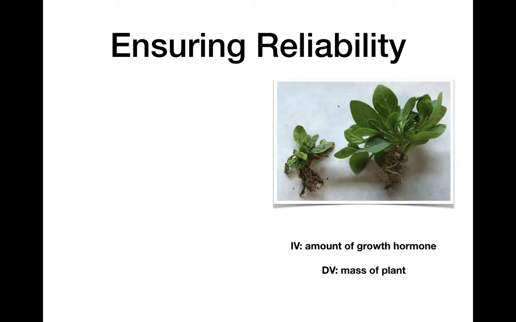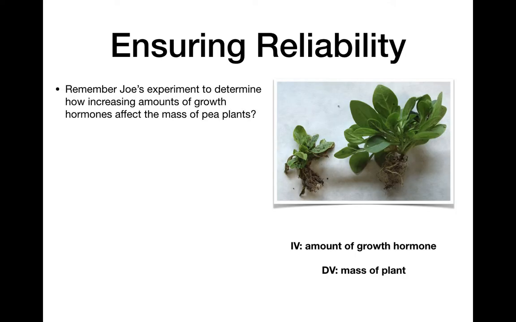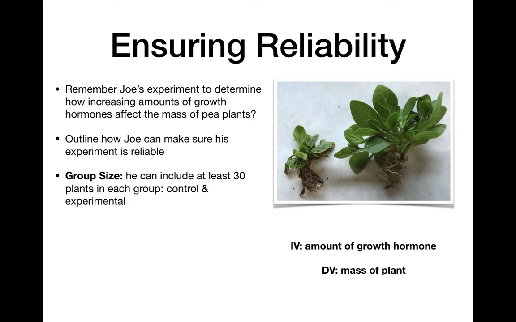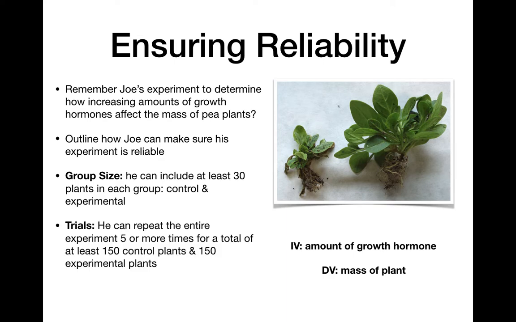So let's go back to Joe's experiment here. How could he make his experiment reliable? Well, first thing, group size. He included at least 30 plants in each group, 30 control plants and 30 experimental plants. He can repeat the entire experiment 5 or more times for a total of at least 150 control plants and